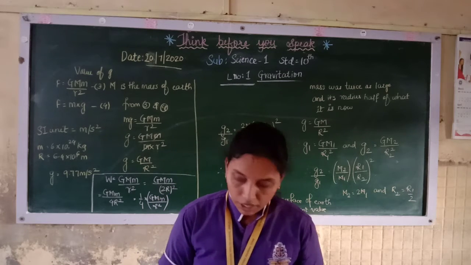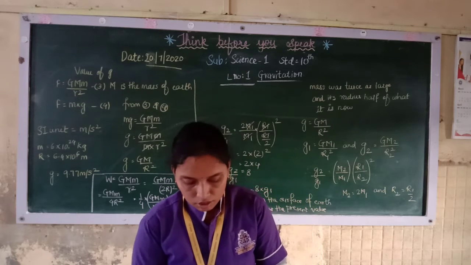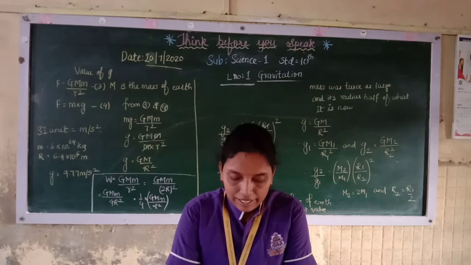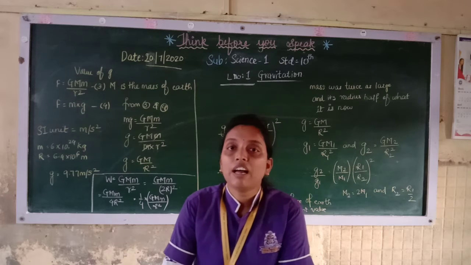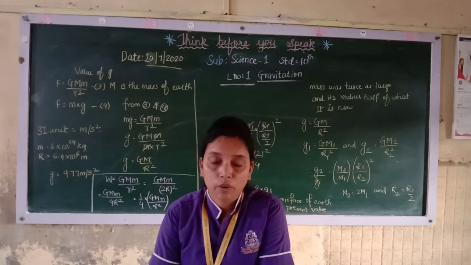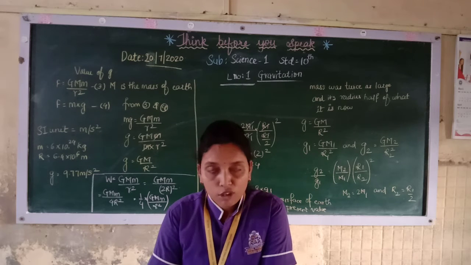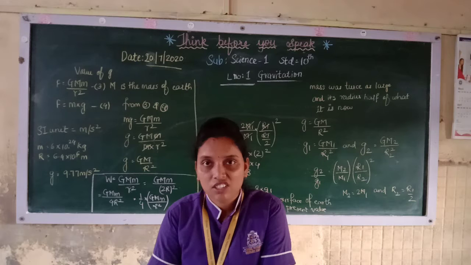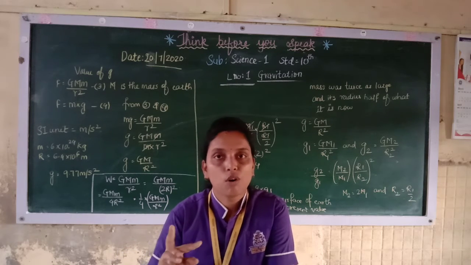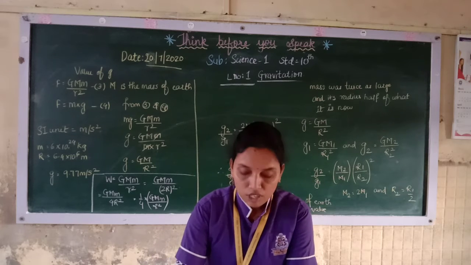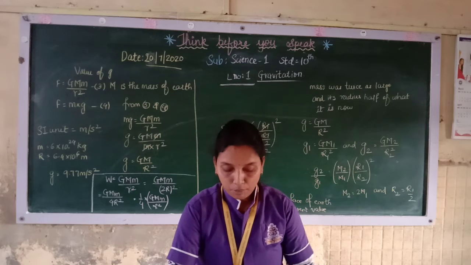If you see page number 9, you will find that on the surface of the earth, the height is in kilometers, it is on the surface, so the g value is 9.8 meter per second square. Now Mount Everest is 8.8 kilometers, and there it is 9.8 only, it is not changing. Like the aeroplane had a 10 kilometer difference, it was small, so it is negligible and can be avoided. Even here the height is 8.8, so the gravity remains the same, that is 9.8.